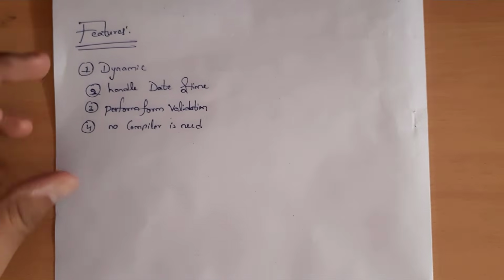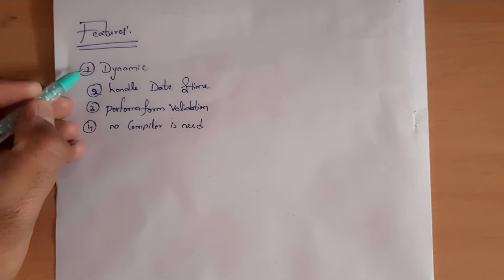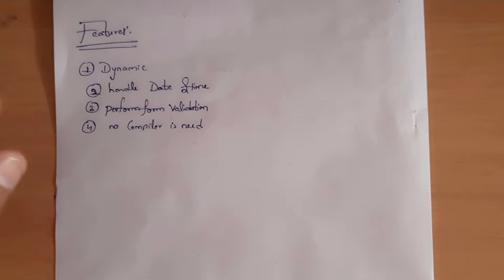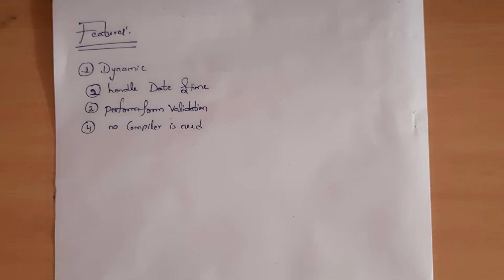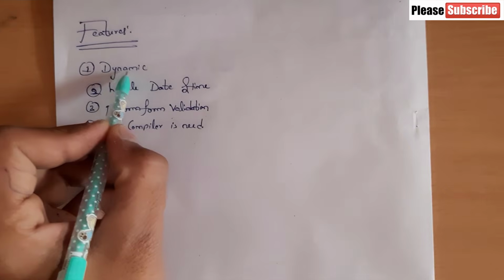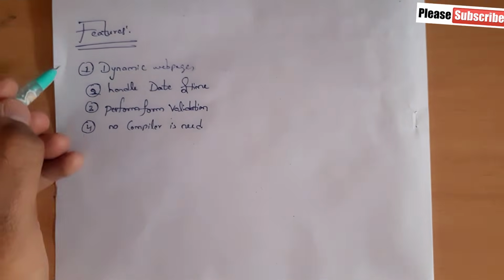These are the features of JavaScript. The first one is, JavaScript is dynamic in nature. The meaning of dynamic is, for example, I want to design a website which I need to modify day by day. For example, I want to change contents inside this website daily. So in order to create such websites, I use JavaScript. In order to create dynamic web pages, I use JavaScript.